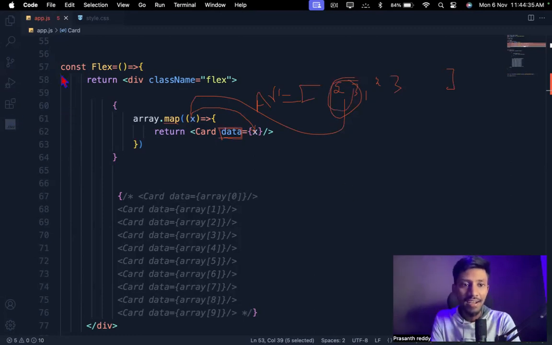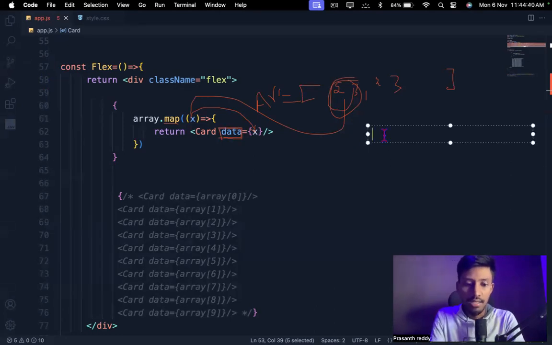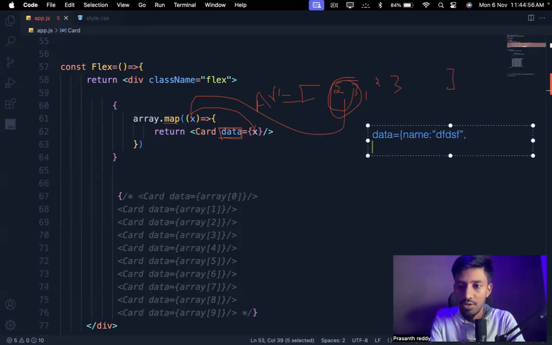See, data is equal to, name colon, some restaurant name, then comma. Let me write this name, and then let me take rating colon double quotes 4.3.